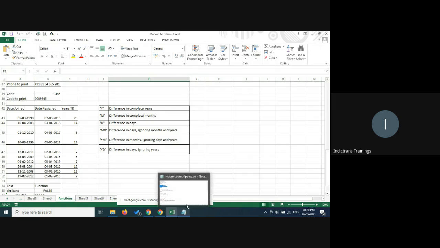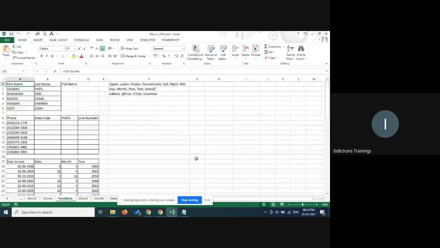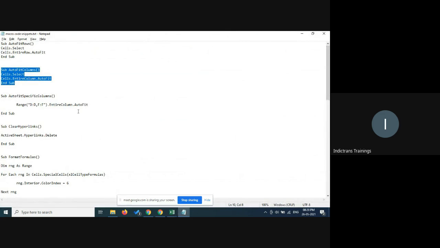As I said, you could either use this format auto fit column width or create a button. Many times, many people use macros where you could kind of do this even otherwise. But if you're giving this Excel sheet to somebody who may not be so good at knowing all Excel functions, these buttons would be helpful to that person. You just say auto fit and those kind of things. And obviously, we also want to learn something.